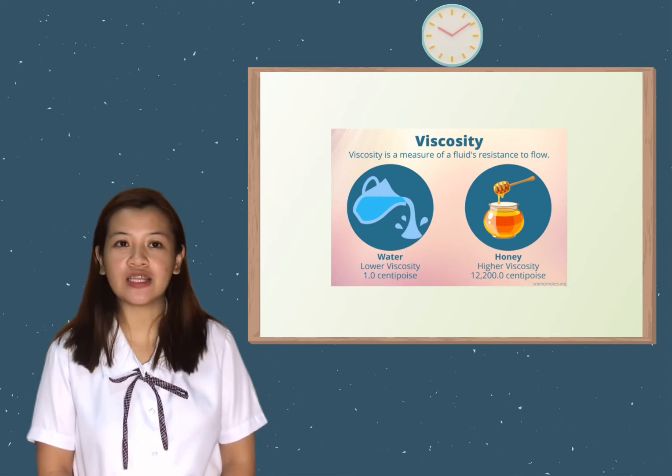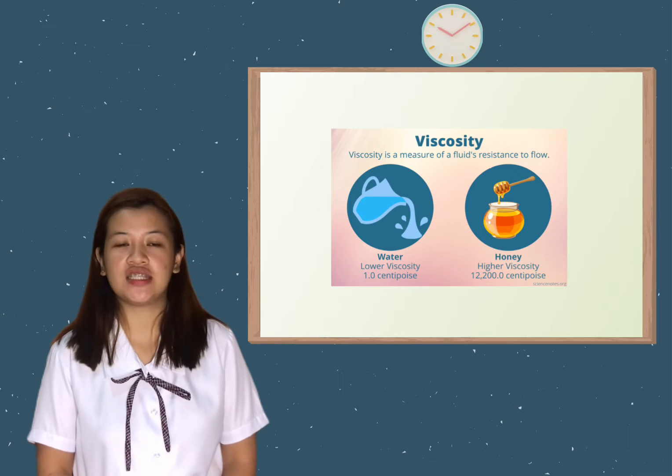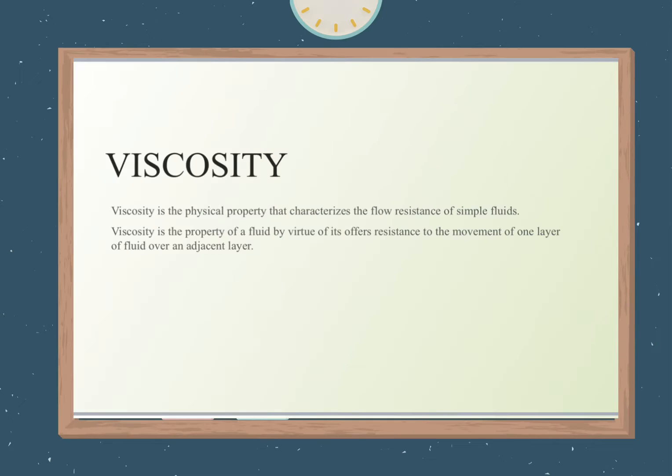So, as you can see in the picture, viscosity is the measure of a fluid's resistance to flow. Water has lower viscosity, 1.0 centipoise, and honey has higher viscosity, 12,200.0 centipoise. Viscosity can be conceptualized as quantifying the internal friction force that arises between adjacent layers of fluid that